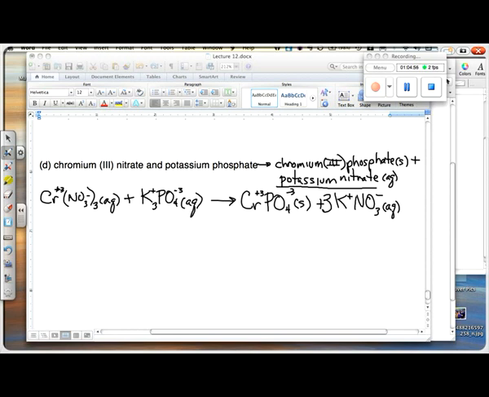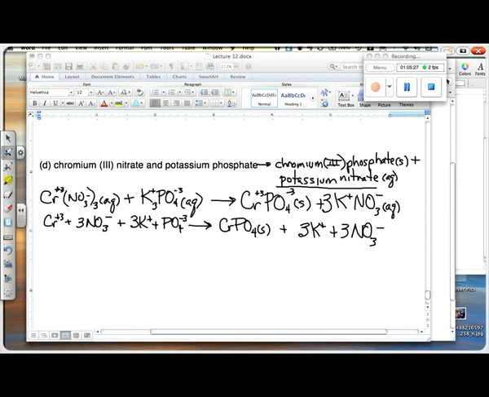All right, complete ionic equation. Chromium with a +3, plus 3 nitrates, parentheses with a subscript on the outside tells me bring it in front. 3 goes with the potassium, bring it in front. Only 1 phosphate. And then chromium phosphate solid, leave it alone. And then the 3 distributes 3 potassium ions and 3 nitrate ions. My spectators are nitrate and potassium. And so my net ionic equation is chromium plus phosphate, and that's aqueous,